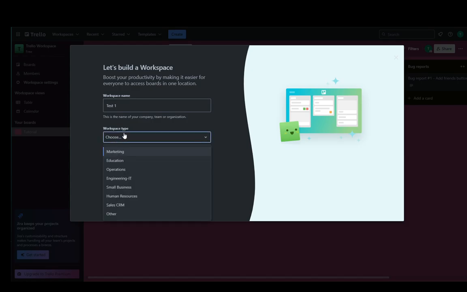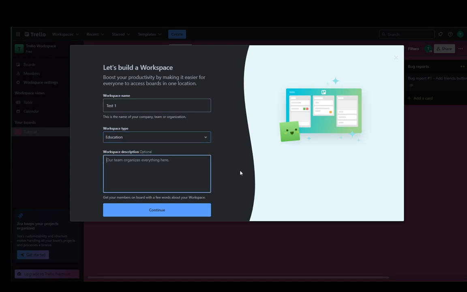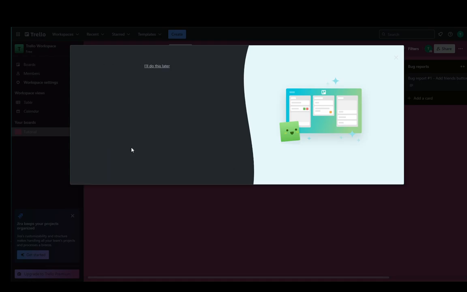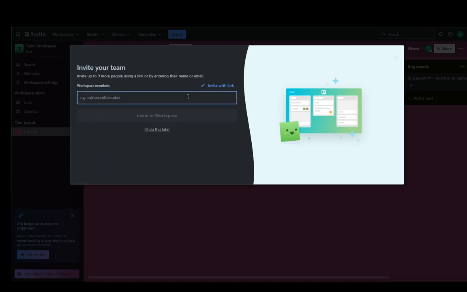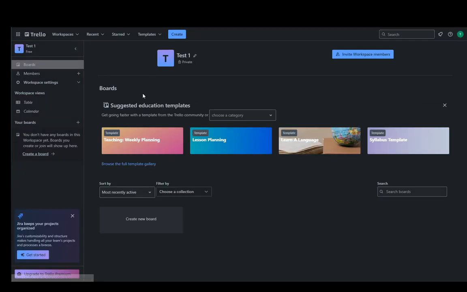You can choose the type of the workspace, depending on what you're going to be using it for. I'll use it for education. And then you can create a description if you want to. It's optional. I'm not going to do it. So just click continue, and then you need to invite your team. So I'm just going to click I'll do this later, and now as you can see, a new workspace has